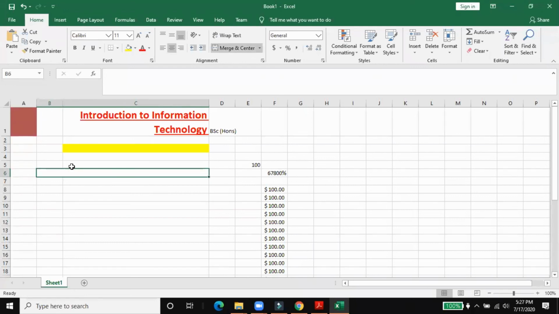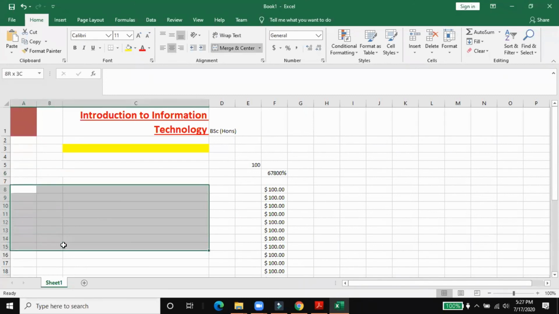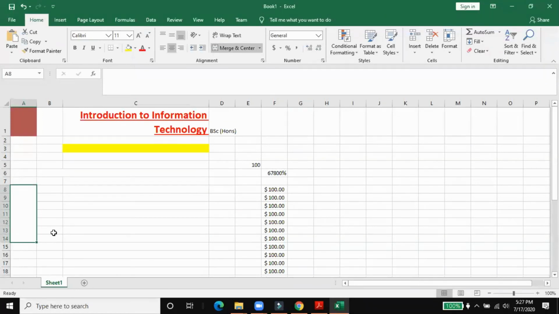If you want to merge a number of rows, for example 7, 8, 9, 10, 11, 12, I want to merge rows 8 up to 14, then we select it and drag it, and then we use merge and center.